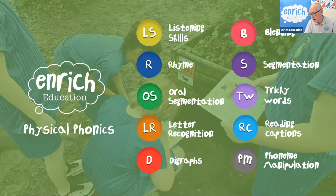oral segmentation, games to help children hear and discriminate the separate phonemes in spoken words; letter recognition, games to help children link letters with phonemes and to build up the number of letters that they recognise and know the main sound for; digraphs, games to help children practice recognising vowel and consonant digraphs and trigraphs, including split digraphs; blending, to help children develop their ability to blend strings of letters together to read, for example, reading CVC words;